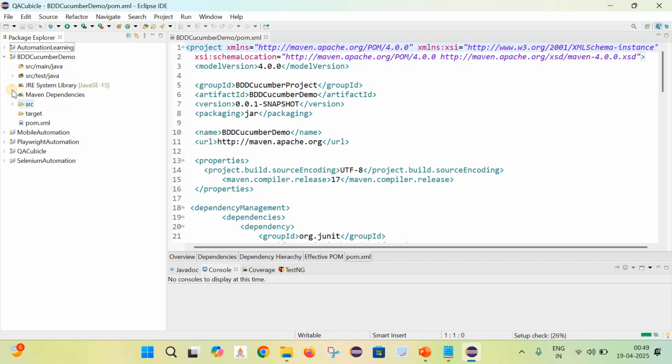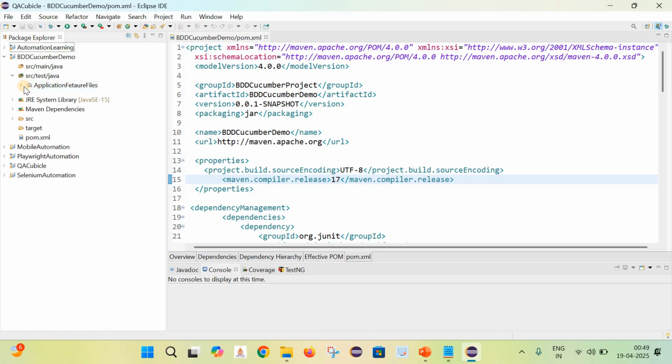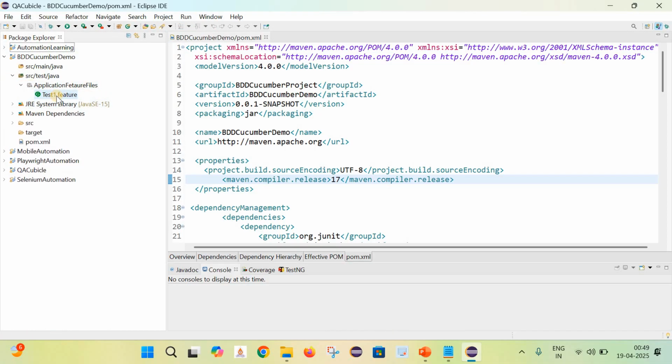Go to our project. And now you can see the icon of that test1.feature has changed. Here you can see it has created a Cucumber icon in front of this feature file.